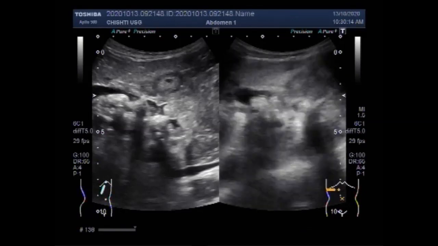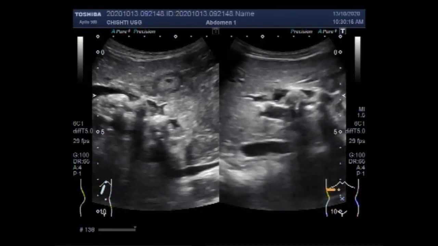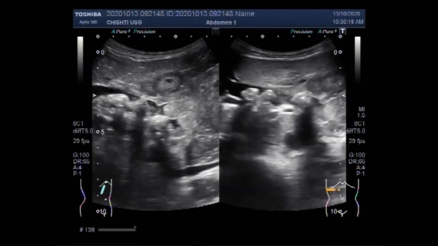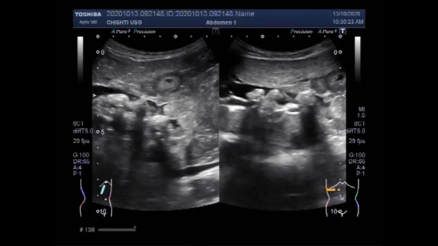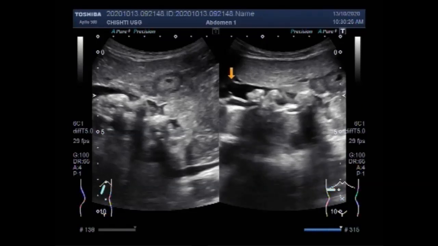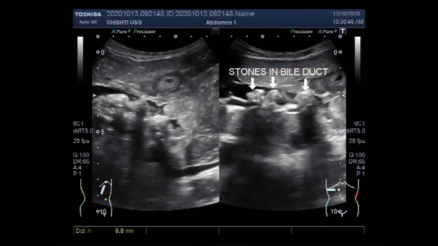Now the symptoms of the liver metastasis, that is secondary liver cancer. Some say that they feel some abdominal discomfort or pain. You may also have one or more of the following signs and symptoms: an overall feeling of weakness and poor health, loss of appetite. Now again you are going to see the stones in the bile duct.